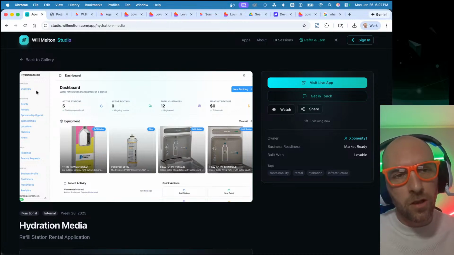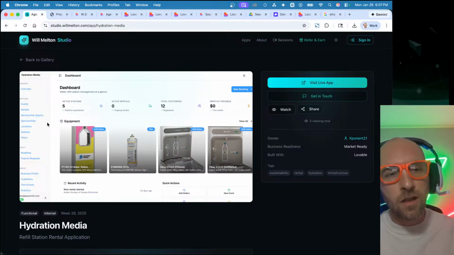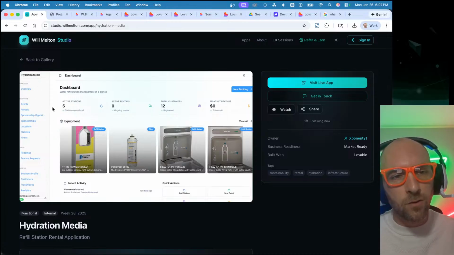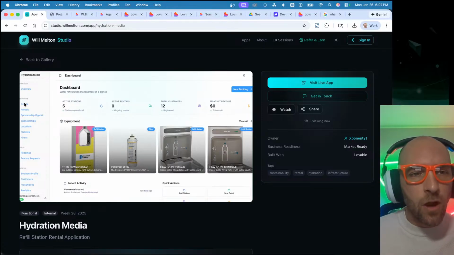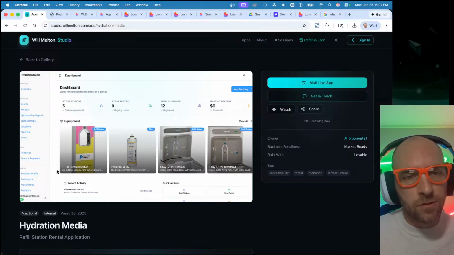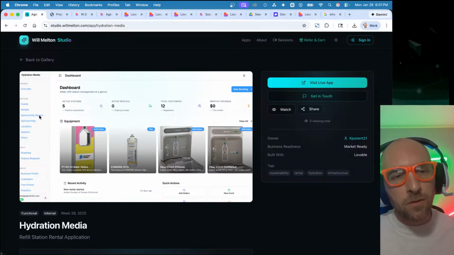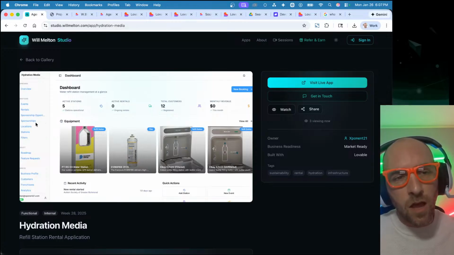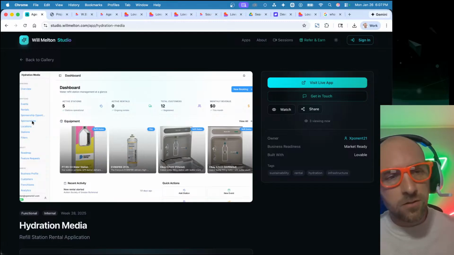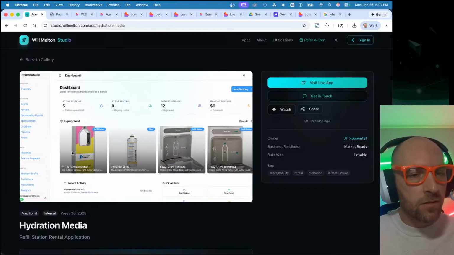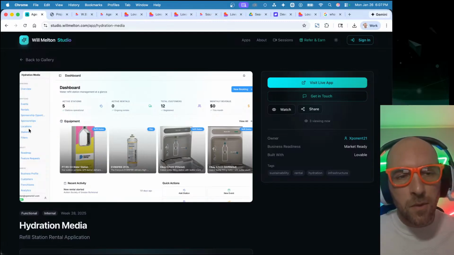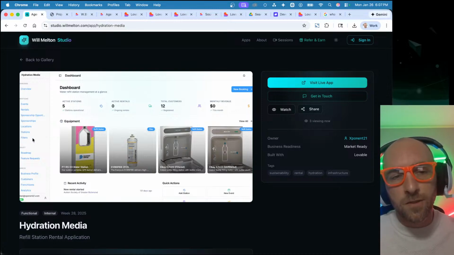This is primarily a back-end application. It does have some front-end functionality from a rentals perspective, but it helps us manage the movement of our water stations at Richmond Water. It tracks our events, our rentals. It puts sponsorship opportunities, when we have active rentals and events, into a library where they can be purchased by sponsors, who can place an ad on the surface of the refill station.